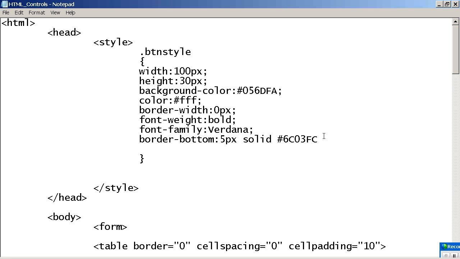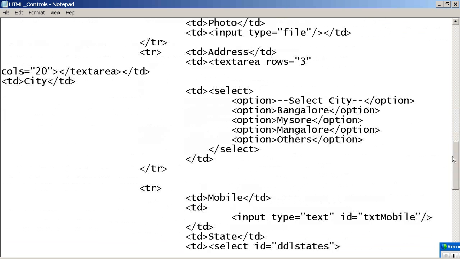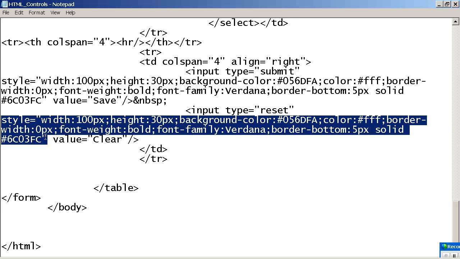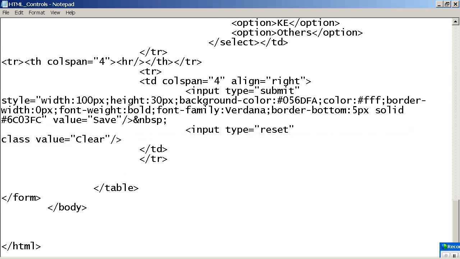For the last one you can use a semicolon or you can skip it. Now what I need to do is copy a single style and apply it. If it is a user defined style, you just remove this and apply it by using class equal to single quotation or double quotation. Anything you can.